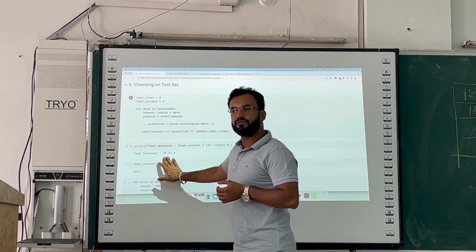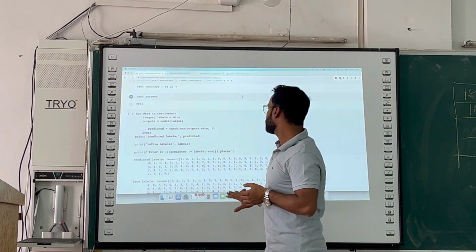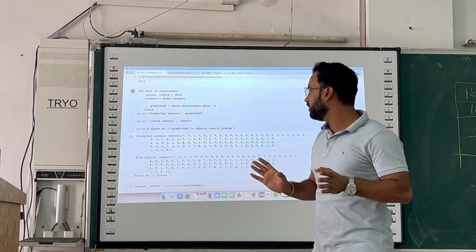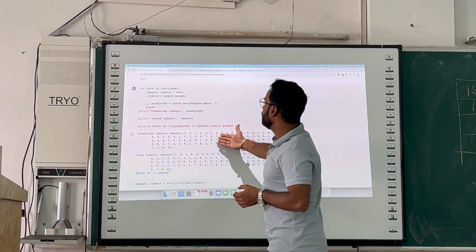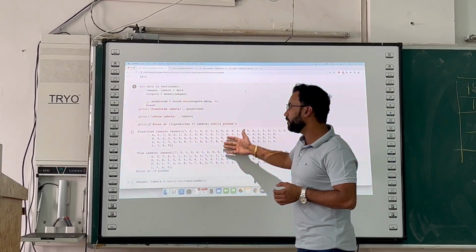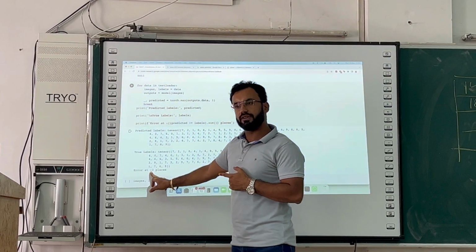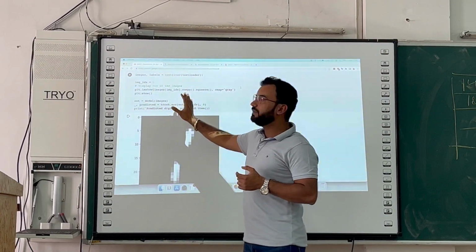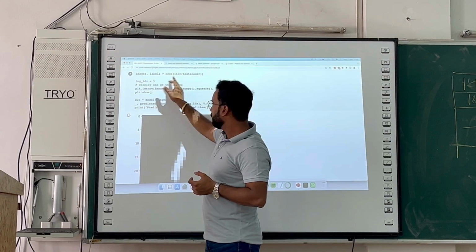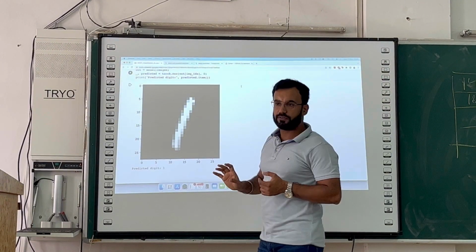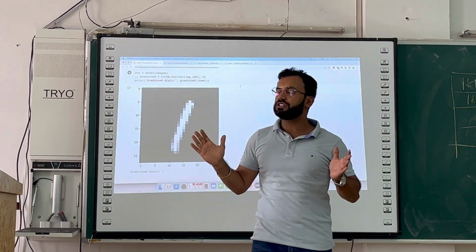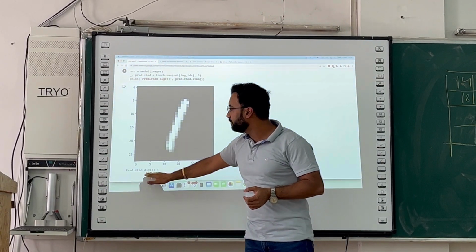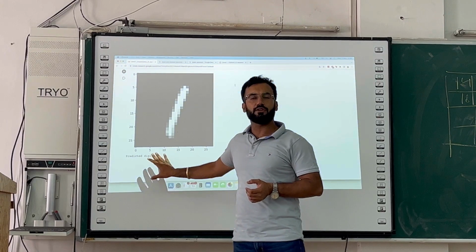Now we check the test set, to see how our model has improved. This was the test accuracy we finally received. When we put the break command, we checked on the first 100 images. Here are the predicted labels and the true labels. Out of 100, at 2 places it gave an error. Then if I randomly give an input, like image index 5, in the MNIST dataset the image at index 5 is a 1. When we use our model, the predicted digit is 1, so it has given an accurate result.